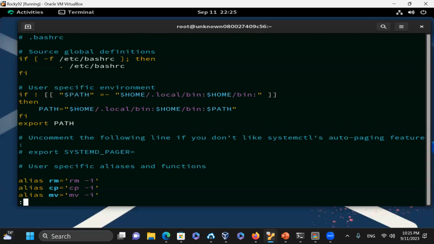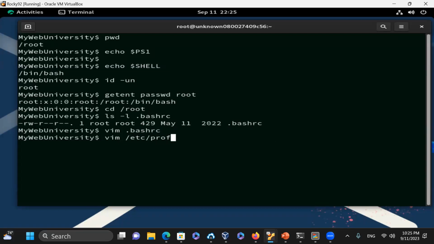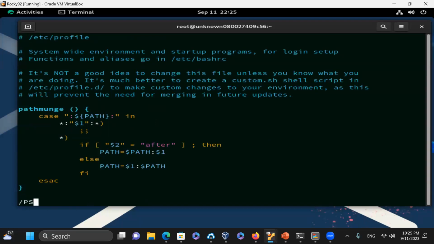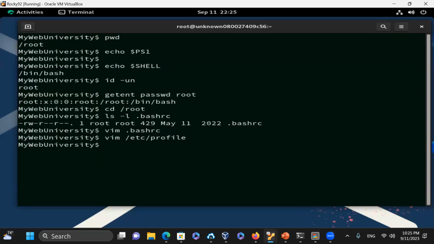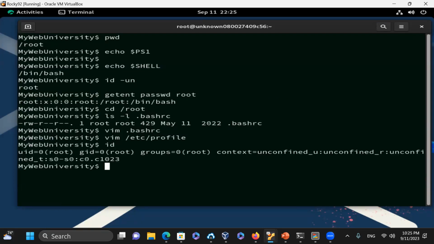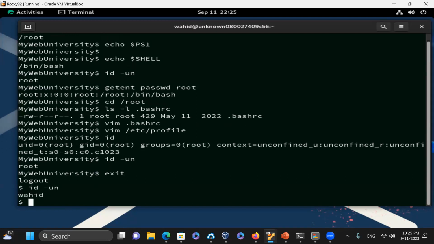So that means it is set on the profile, vim /etc/profile. And then the profile PS1 is most likely set. It is not showing there either. So I could just go as the regular user, which is here, I'm logged on as regular user, id -un Wahid. Oh, sorry, I changed the prompt. So let me just log out, id -un. Yeah, Wahid. So here, since I'm on my directory, there's a